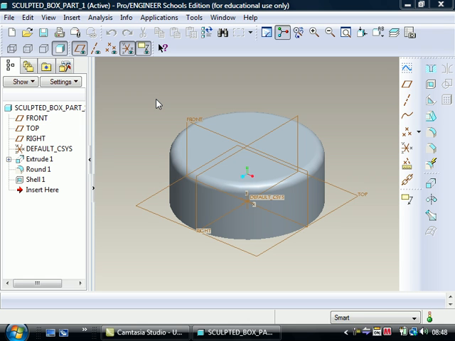Last session we completed the sculpted box part 1 by creating a cylindrical prism, giving it a rounded top edge with a 3mm radius and a wall thickness of 2.5 when we shelled it, the box itself being 50 in diameter and 20 high. What I'm now going to do is save a copy of that file so we can work on the next